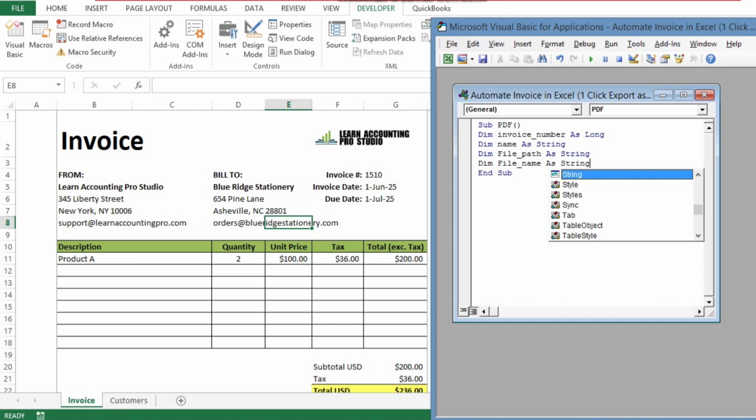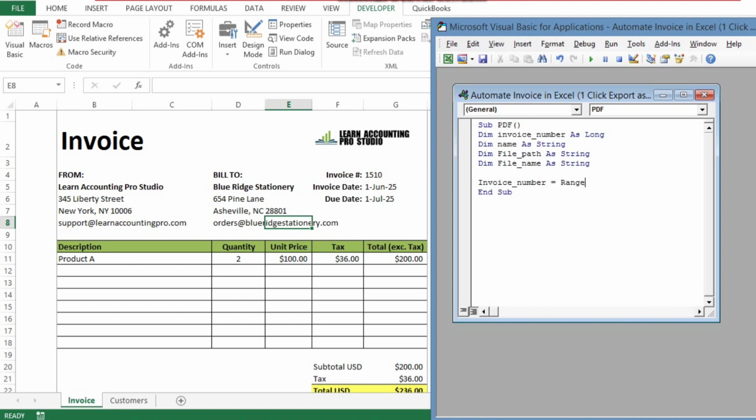You can name these anything you want. Now that we have declared our variables, we want to tell Excel exactly where they are located. So first we have invoice number, invoice underscore number space equals to